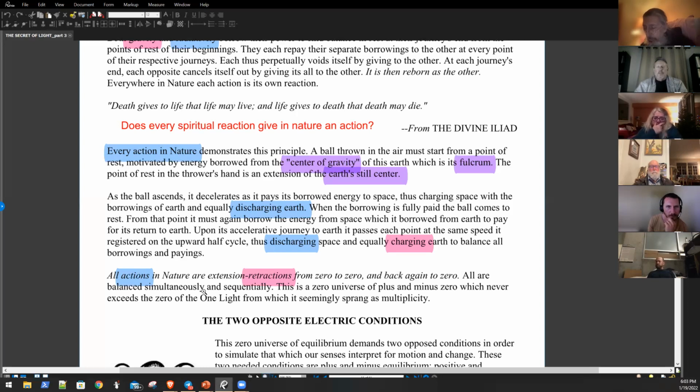Again, here we are expressing blue and red, hot and cold, positive, negative, male, female, father, mother, yin, yang. So within this relationship of balanced, equal interchange, there's this giving and receiving, this charging and discharging. So as one charges, it discharges. It has to seek this balance of zero